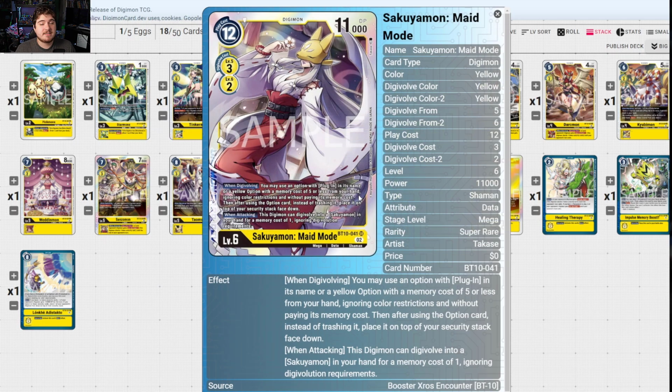And then we have Sukuyamon Maiden Mode. This card is nuts and it's very powerful. It is played majorly in security control decks, just to cycle in the amazing card that is called, you want to guess it? Guess it. Did you guess it? Write it down in the comments. I will tell you right now. And that is your,